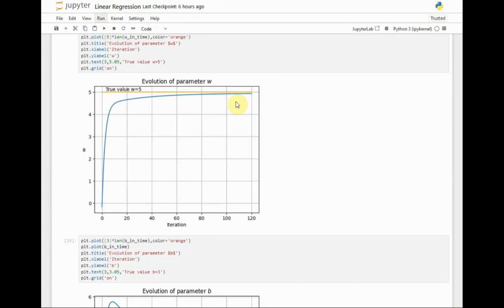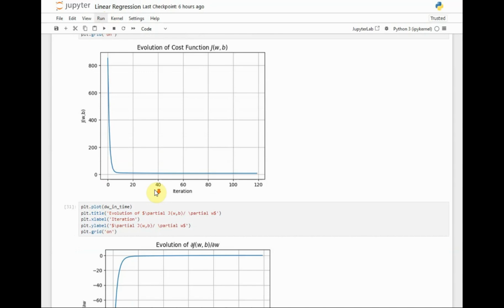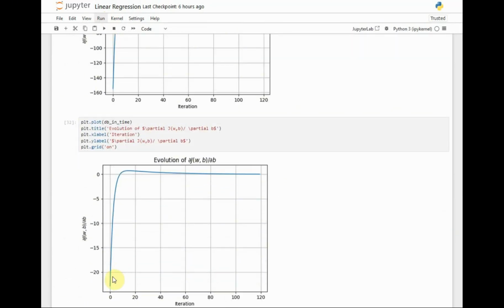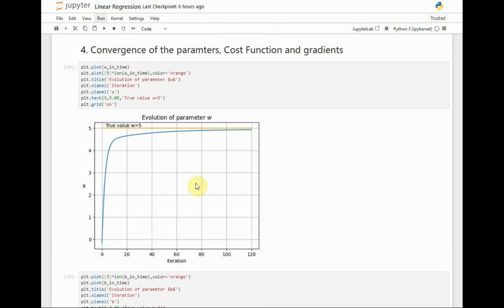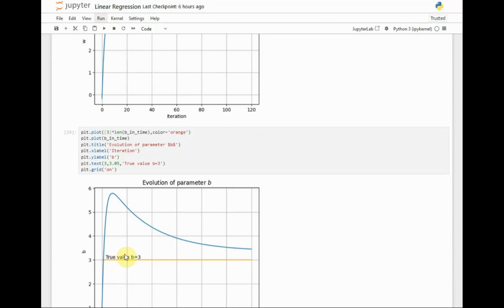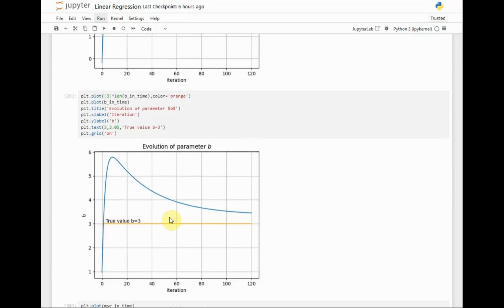And we expect that at each iteration, the cost function value will reduce and the gradients of the parameters will also converge to 0. In this particular case, we also know the true values of the parameters, and we can say that convergence of the parameters to the value 5 in the case of parameter W and the value 3 in the case of parameter B is what we expect to see, and this is the ideal state